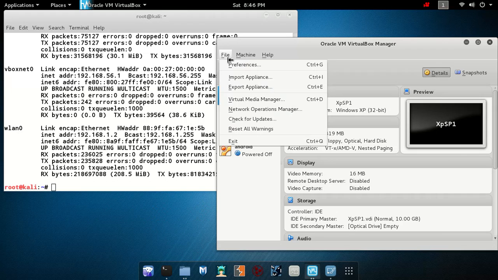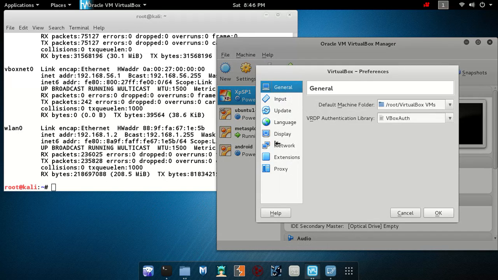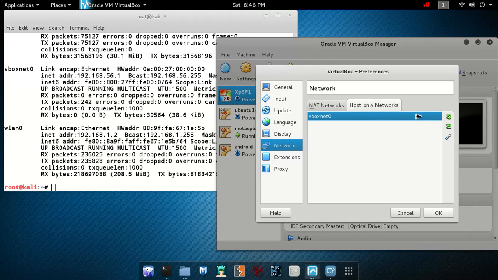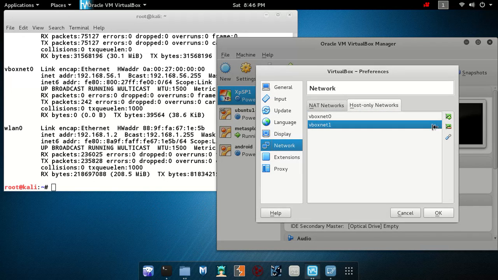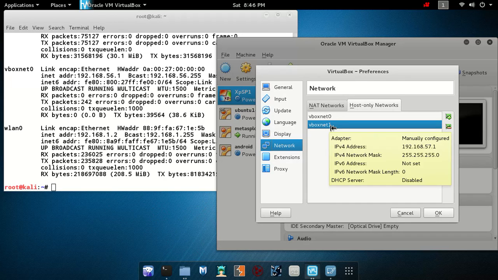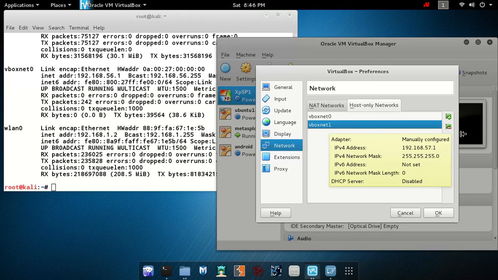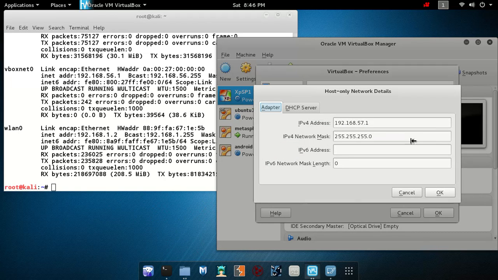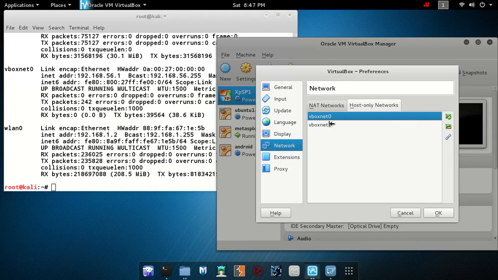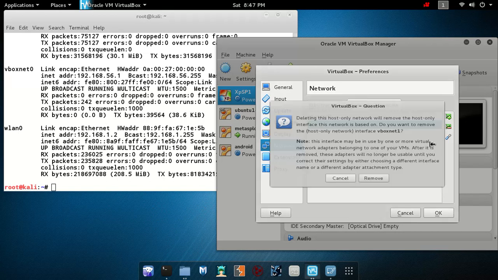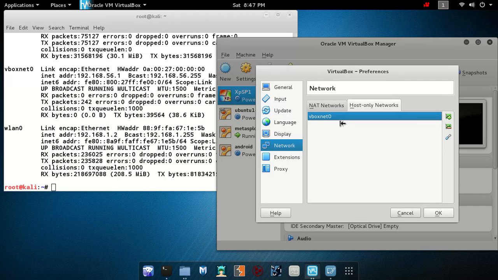So now you are thinking where this second adapter has come from. So first let me show you how you can create your host only adapter. Go to files and preferences, then go to networks, then click on host only network, then click on this plus sign. This will create your network. As I have only created one network, you can create this network, then you can go to this third option. It will show you the default IP of the interface. Okay, as I've only created this for the 0 interface, I will remove it. Like this you can create your VBox.NET 0 in your virtual machine.